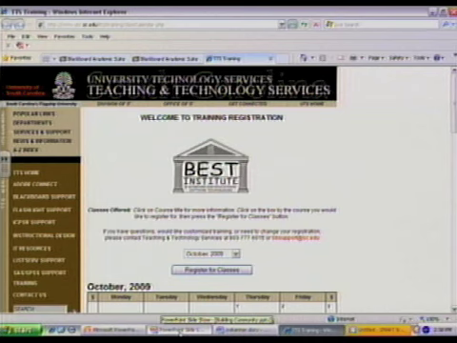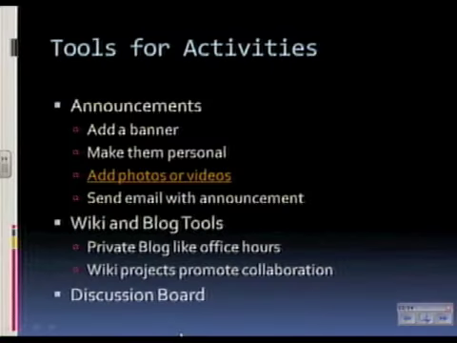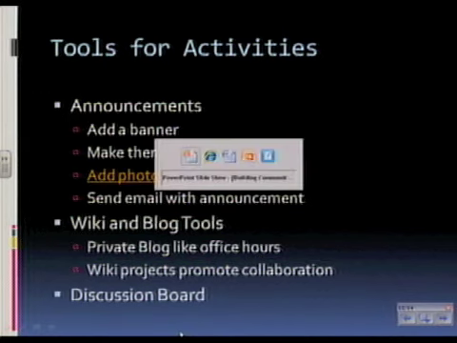A quick question about the wikis. His point about the discussion board, and I guess the wikis are the same way, that if you're directing as part of an assignment that they need to go and contribute to a wiki or be a part of it, does it show, just as it does with other things, when it was created and so that you know they did it by the certain date you're holding them to? Yeah,